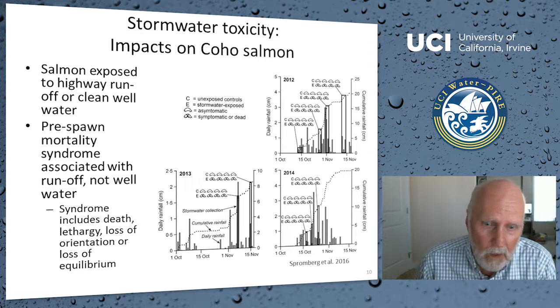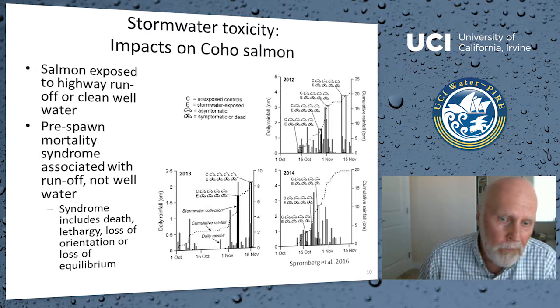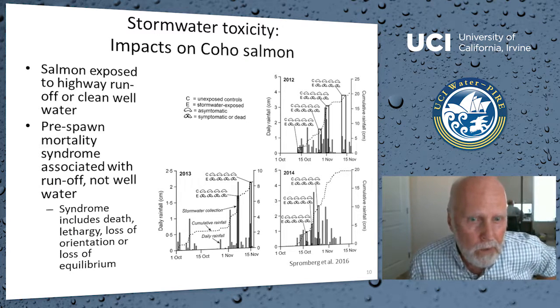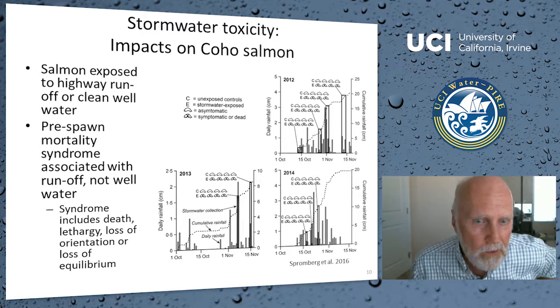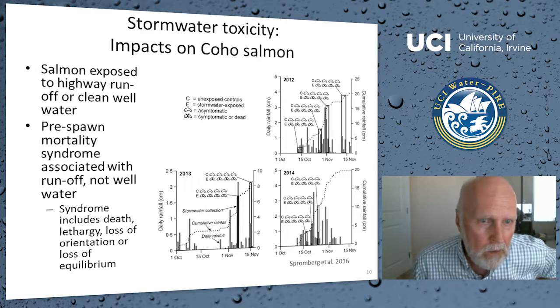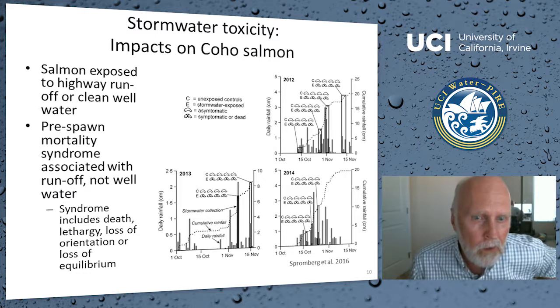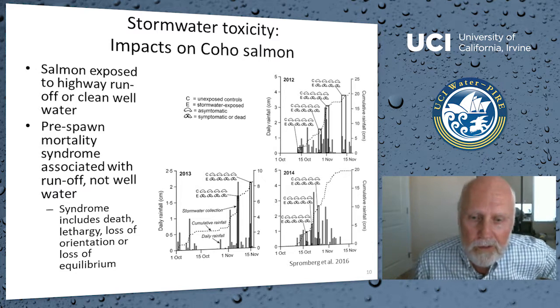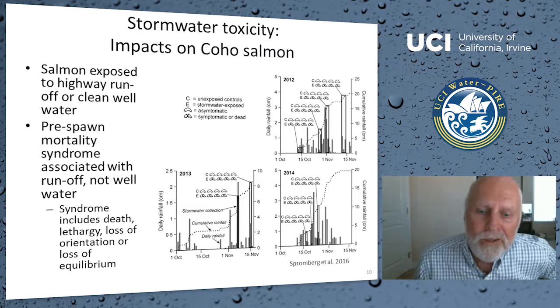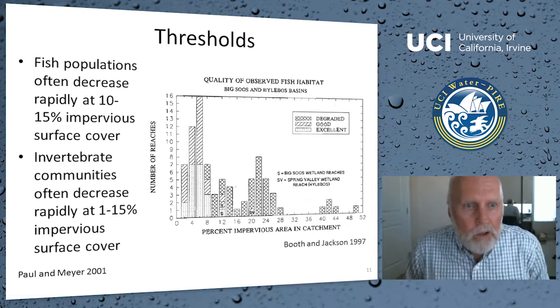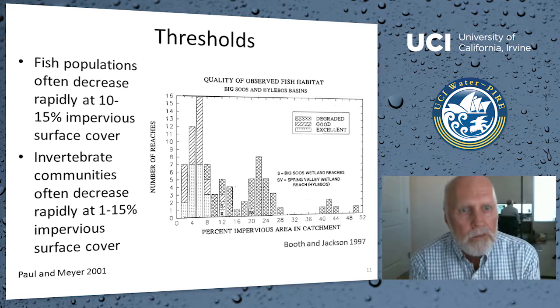streams. I'm not going to talk about this, but this study is also especially interesting because after the experiments that I show here, they passed the runoff through biofilters, and they found that it completely removed the toxicity to the salmon, and they became asymptomatic after the stormwater went through biofilters. But that's not my point today. Okay, so if we talk about the next slide, one of the critical things about the urban stream syndrome is that